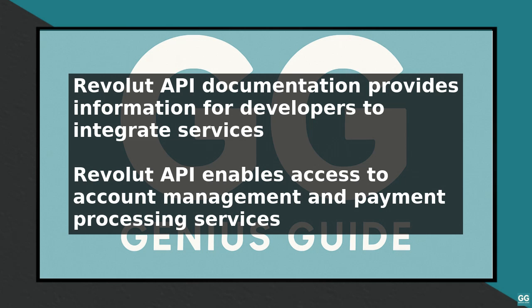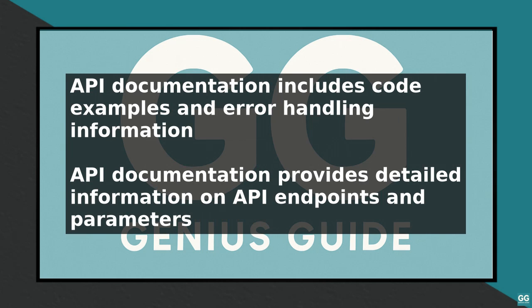The API documentation provides detailed information on how to use these services, including code examples, API endpoints, and error handling. To navigate the Revolut API documentation, start by reviewing the Getting Started section, which provides an overview of the API, including authentication methods and API keys. Next, explore the API endpoints section, which lists all the available endpoints, including their parameters, request and response formats, and